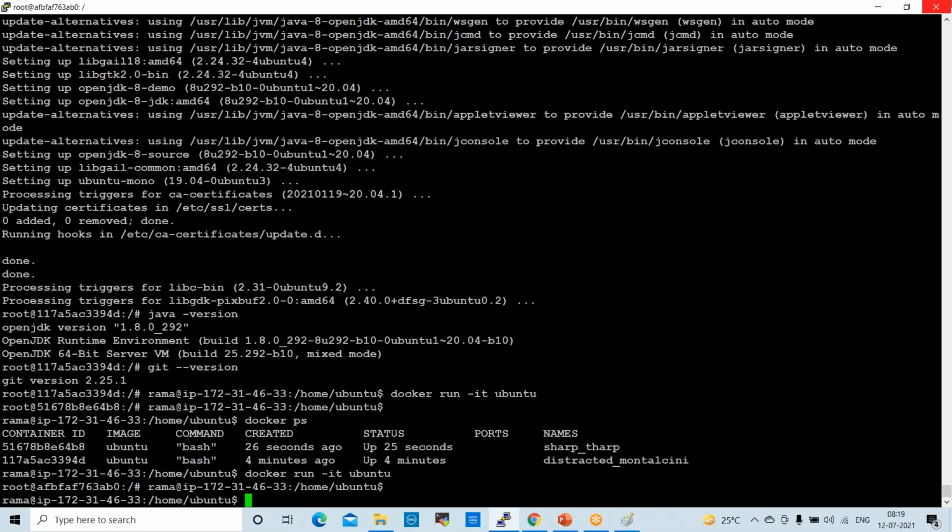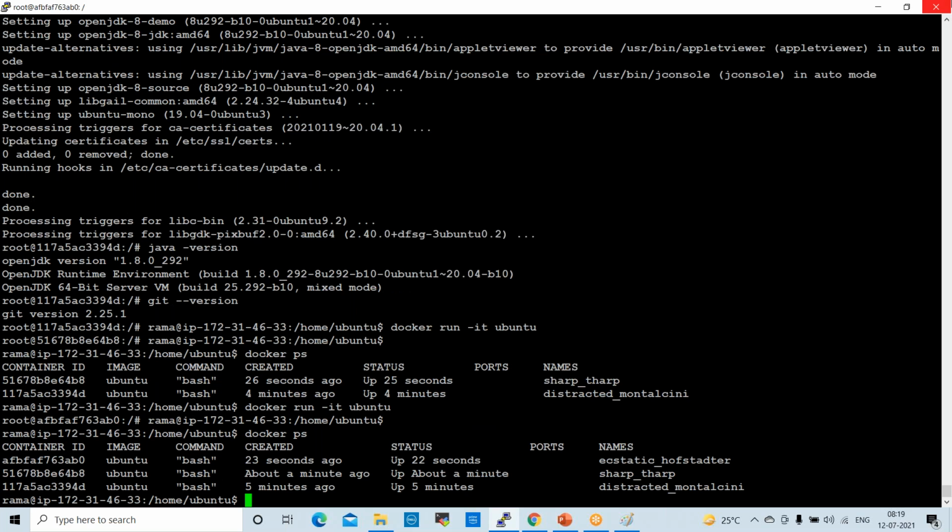Whenever we enter into the container and exit from the container, 1 container will be created. Now if you check docker ps, how many containers are there? 3 containers, right?